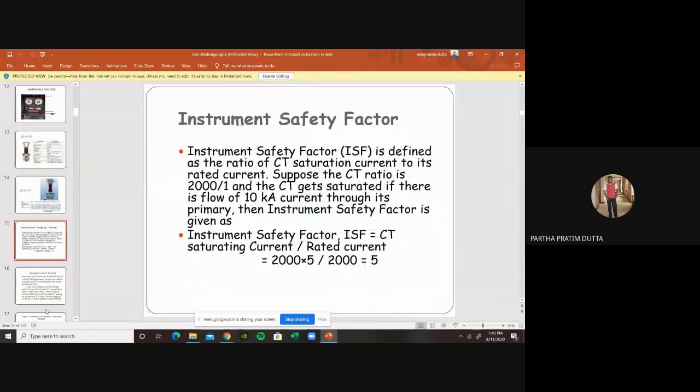Now the ISF, or instrument safety factor, is defined as the ratio of the CT saturation current to the rated current. For example, if the CT ratio is 2000 by 1, and the CT gets saturated if 10 kiloampere of current flows through it, maybe a portion of the short circuit current, then we calculate the instrument safety factor as the saturating current divided by the rated current. So 10,000 by 2000 is 5. So even if 10 kiloampere current passes through this CT, it will be safe. We consider the instrument safety factor in that particular case, and the accuracy